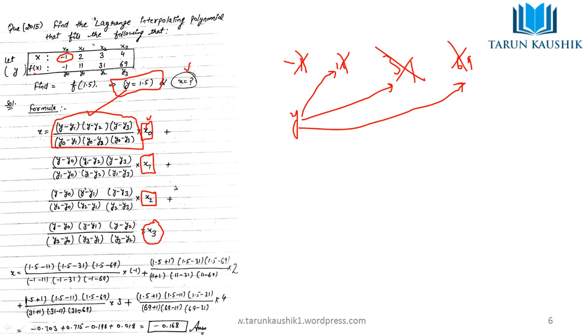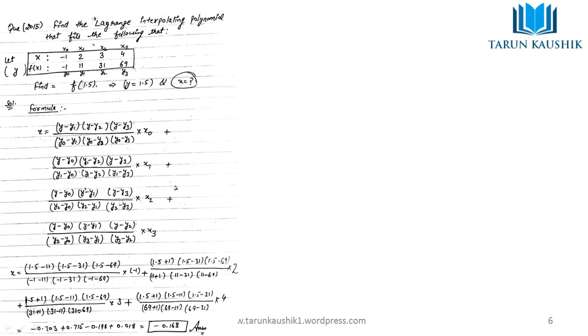Okay, so what I am saying is what we have done. In the first we have neglected this, and we have subtracted y from y1, y2, y3. In the next case, we have left out this y1, and we have y minus y0, y minus y2, y minus y3. In the next we will be removing this y2, then again y minus y0, y minus y1, y minus y3, and again in the same way in the fourth we will be neglecting y3. So y minus y0, y minus y1, y minus y2.